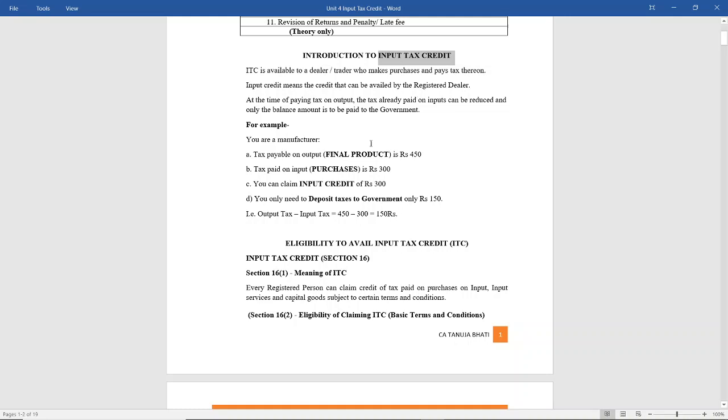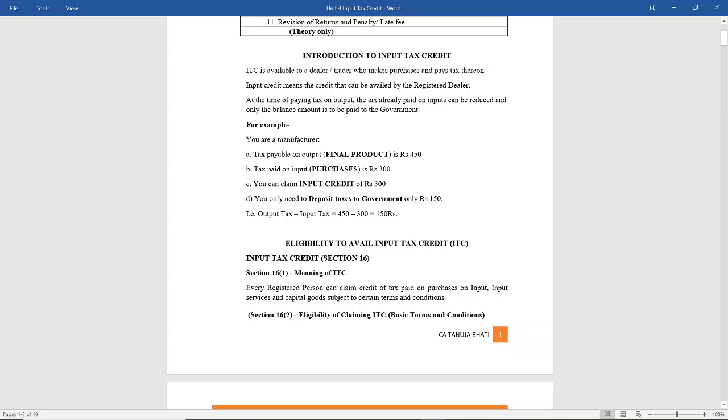Now government says that all the registered dealers, whoever is registered under GST, they have to pay the GST amount to the government. Now, what amount they are supposed to pay to the government? They are supposed to pay the output tax, but government says since you have paid tax on your purchases, you can take the credit of that. So the tax that is paid on the purchases is called input tax, and the credit of which you are going to take to set off the payment of your output tax is called input tax credit.